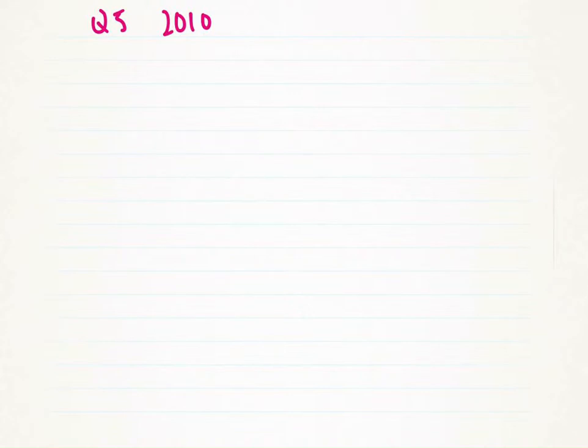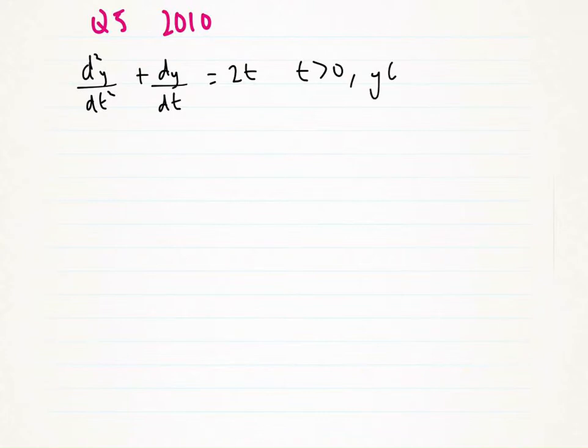We were given d squared y over dt squared plus dy over dt equals 2t, where t is greater than 0. The two initial values were y of 0 equals 0, and